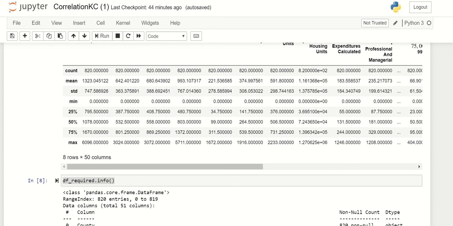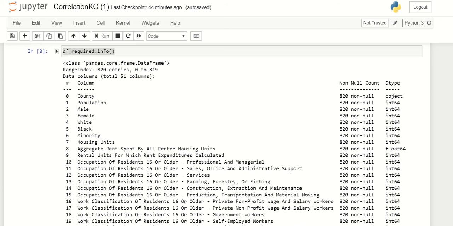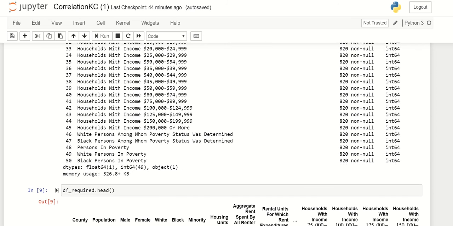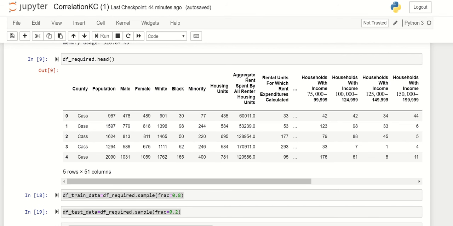820 values, 820 rows. Dot info will give the data type of each column, like county has data type object, others have data type integer. Dot head will give the first 5 rows with all the columns. Like I said earlier, we have considered only 50 columns, so it is showing 50 columns with one extra column,